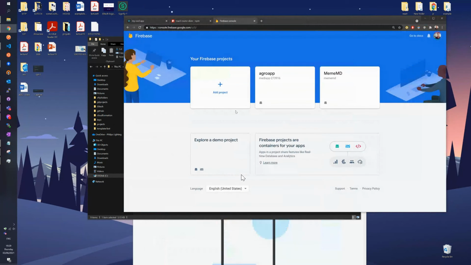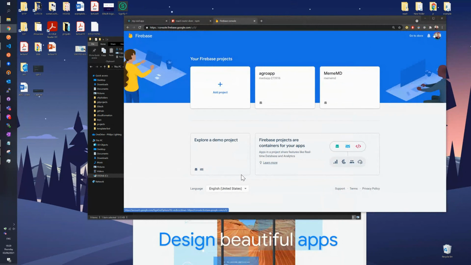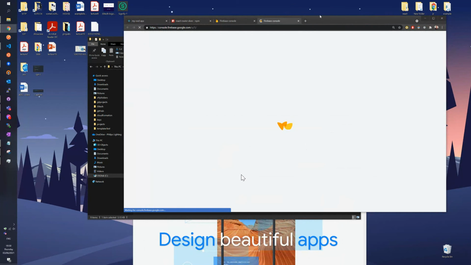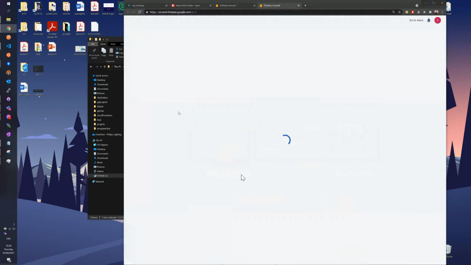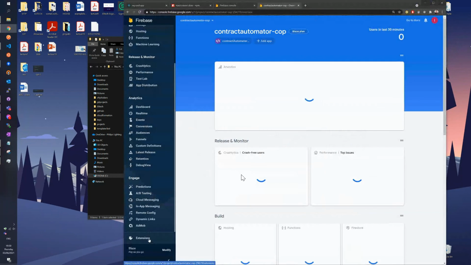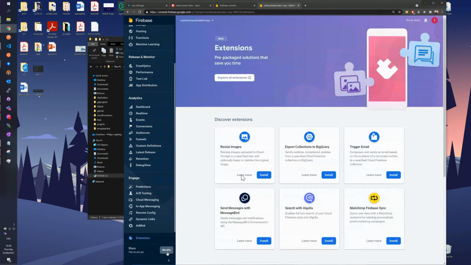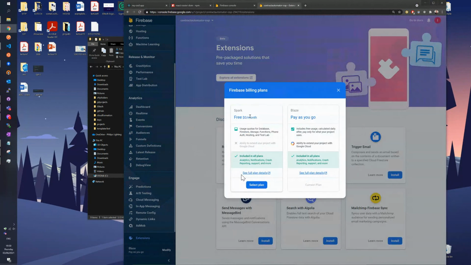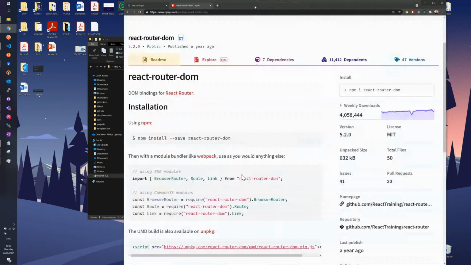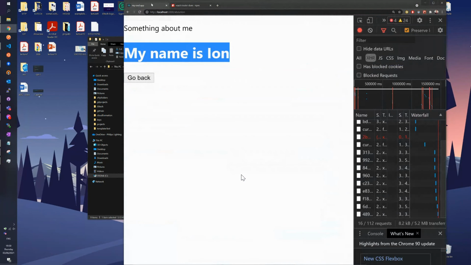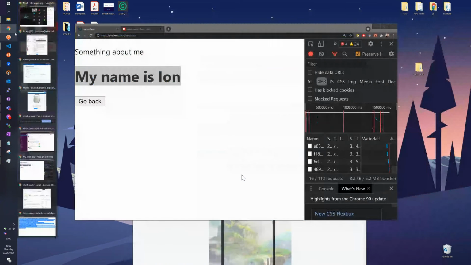Maybe some of you will be able to follow up on Firebase. I think on Firebase, you're not supposed to need a credit card. I'm not 100% sure. I can actually give it a check right now. Yeah, pay as you go. Yes, I think you're able to actually get a plan without putting in a credit card. So yeah, if we're going to use Firebase next time, maybe you're able to host your web pages for free, which would be cool. Yeah, so that was about how to create a production build.